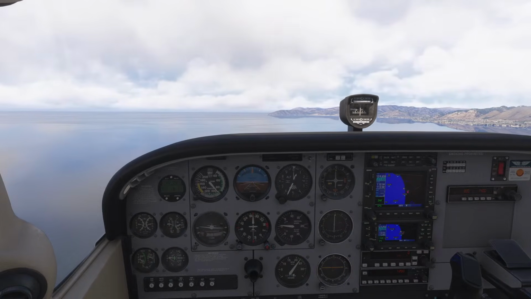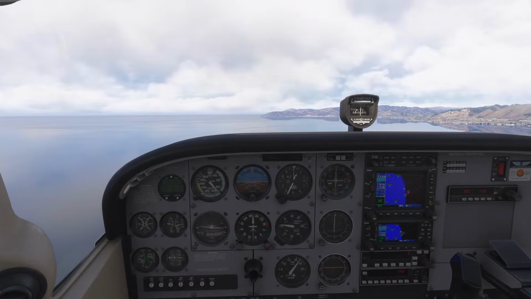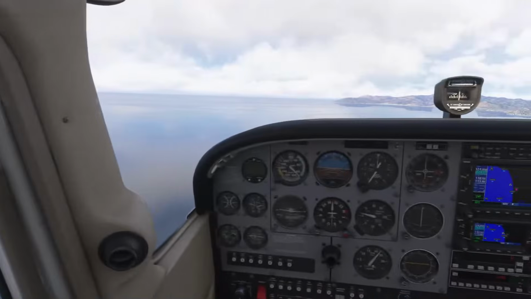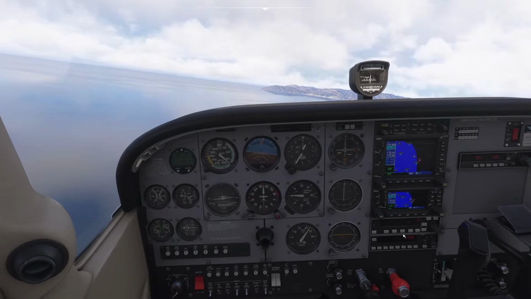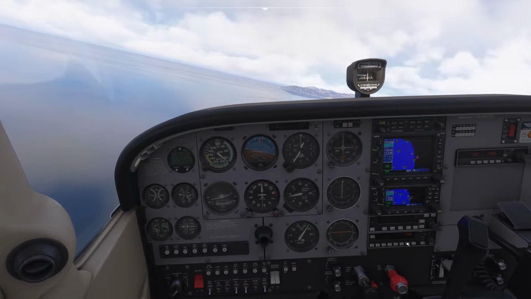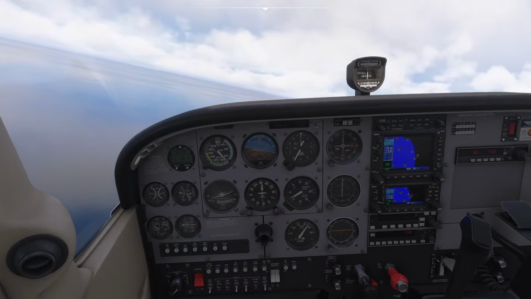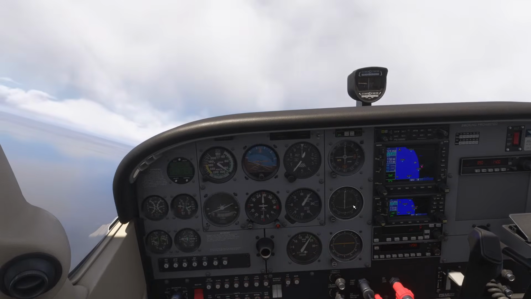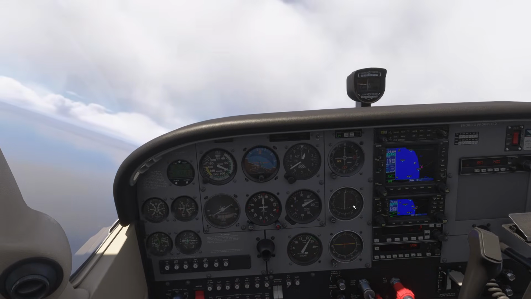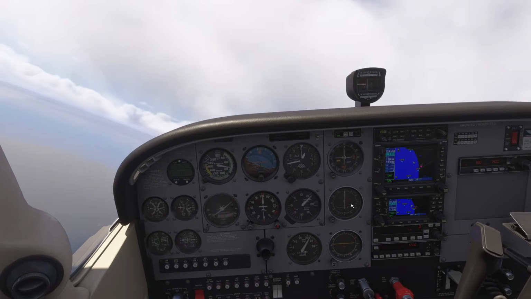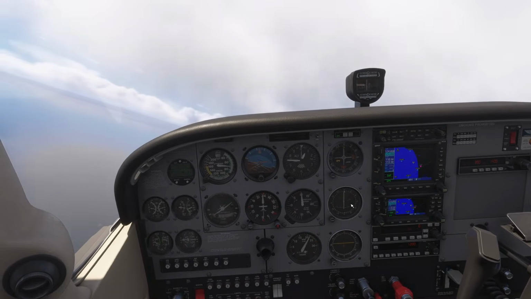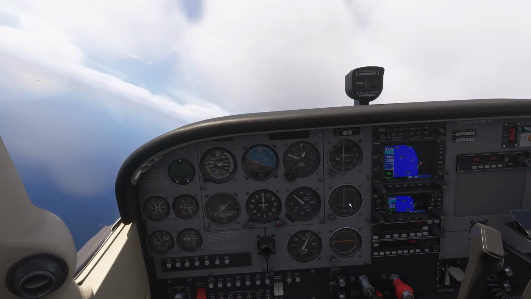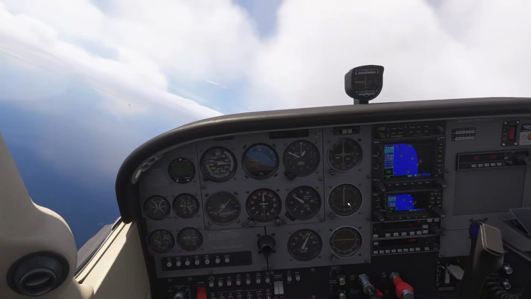Yes, it's not photoreal. Can you make it photoreal? Yes, you can get ortho for XP, and it's free, and you can create your tiles and what have you. But what we're talking about here, by the way, we had the flaps at 10 for the stall, so I'm going to try to stall it again, and this time we are going to do it with the flaps retracted, because the dirty condition will definitely change. Let's make the turn, and right before we get back,